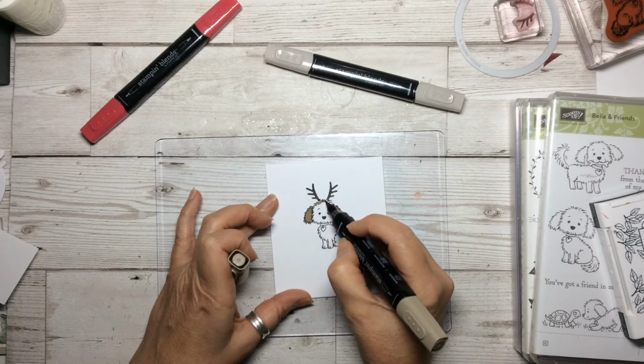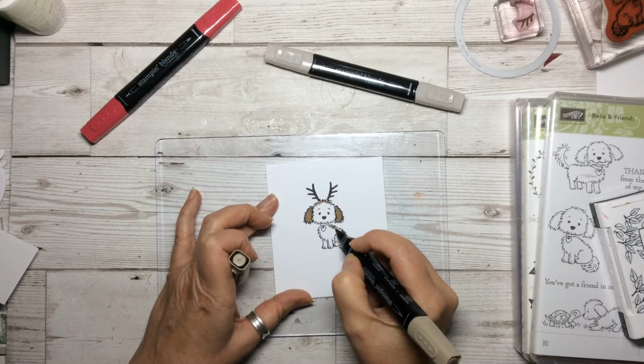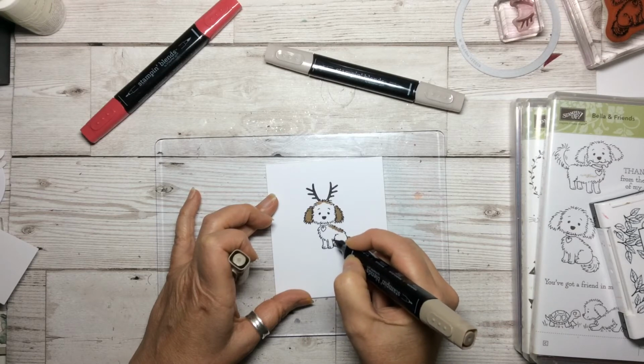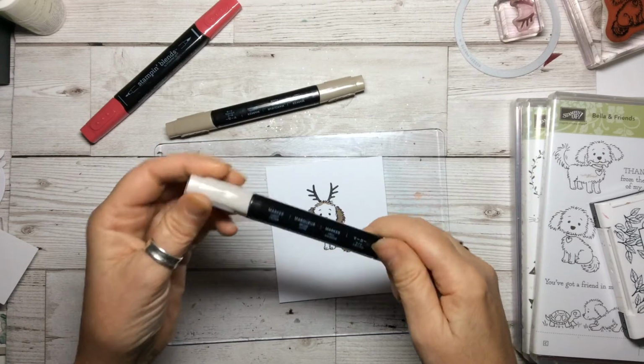So right, and I'm just going to take a little bit of dark just to do a little bit of shadow just up at the top here, and just a little bit down on here, and a little bit maybe underneath on here. And then we're going to take the light crumb cake,